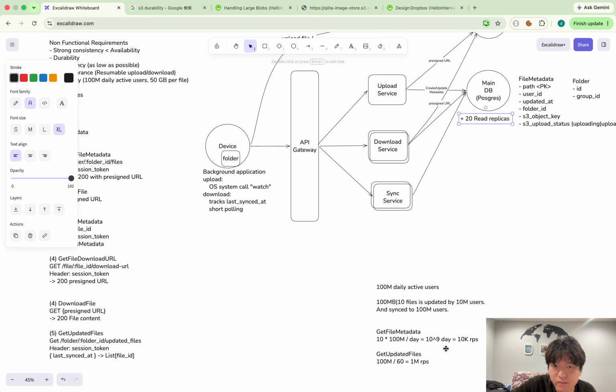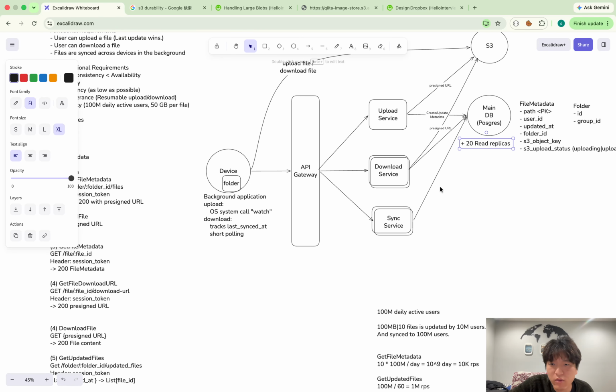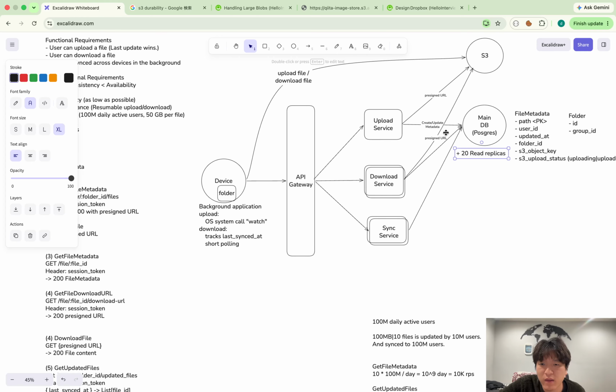Okay. So that's how it works. So we don't do the calculation for the write request because, as I said, it is less than the throughput of the read request. But another factor I have to take care of is the throughput of S3. And the thing is, S3 can handle the read or write request, so it can handle,